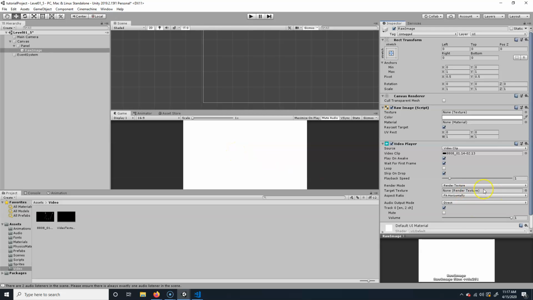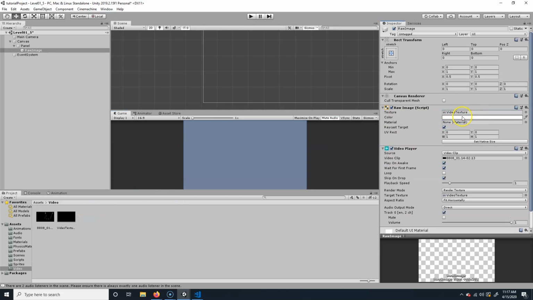So it needs to have a target texture. What it's doing is taking this video clip and rendering each frame of it onto this texture, and then you would apply this texture to whatever. So the texture I want it to apply to is going to be this video texture, which is great, but now I want it to show up on my raw image. So to do that, I have to also take this texture and put it on here. So in essence, it's transferring the information from here to here, if that makes sense. And if we go to play it,